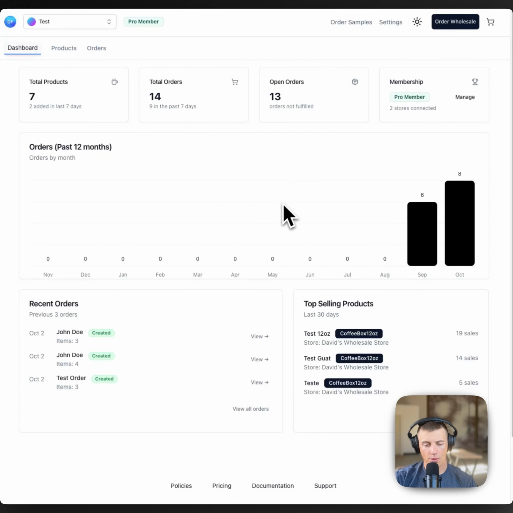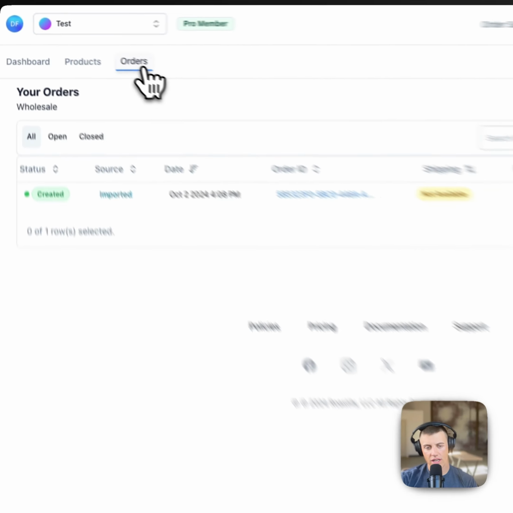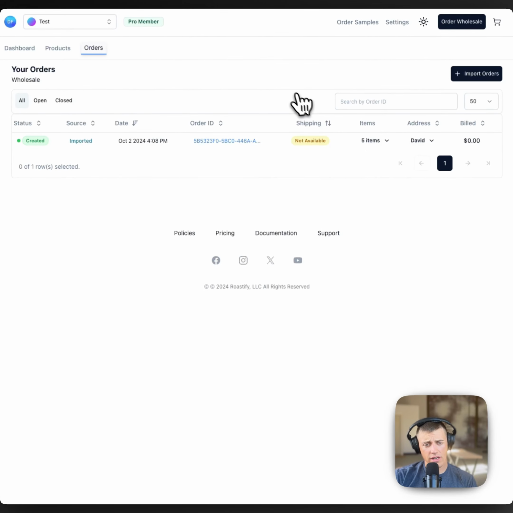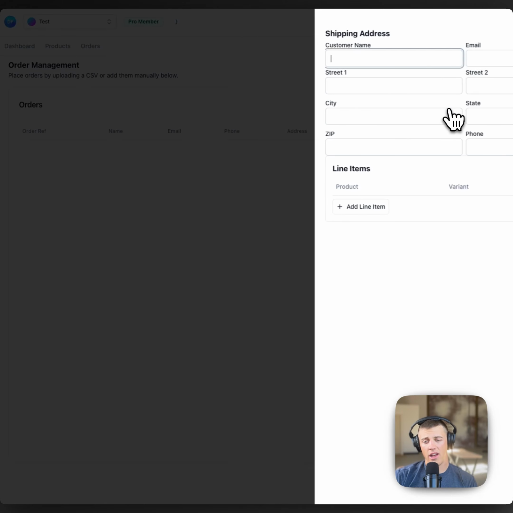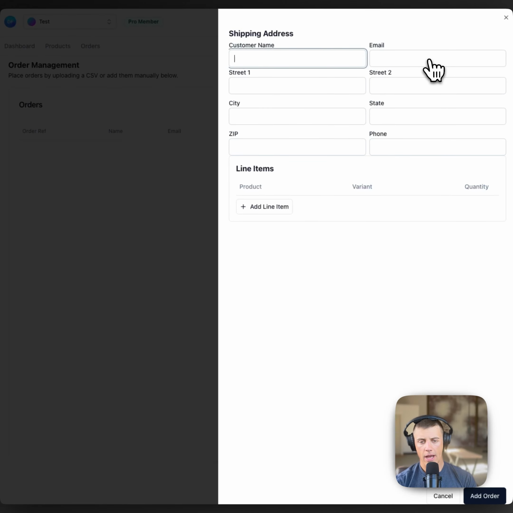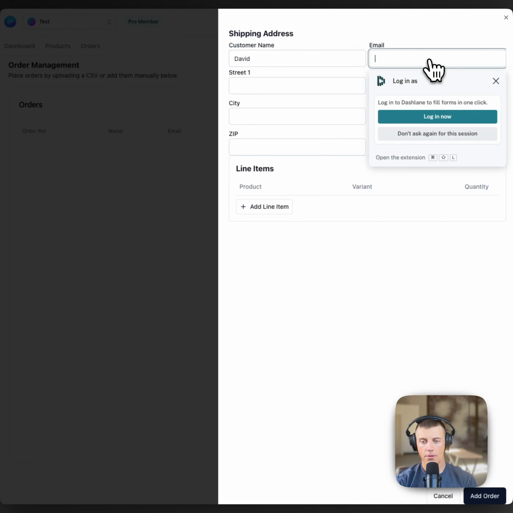You see my dashboard on your screen, and we'll head over to the Orders tab. And this new feature here, you'll see up in the right-hand corner, there is a button called Import Orders. So we'll go ahead and click that. And so there's two things that we added to this screen. The first one is just a simple way of adding a singular order or just a couple of orders. And so you hit it and it pops out with this little modal, and you can just quick put in